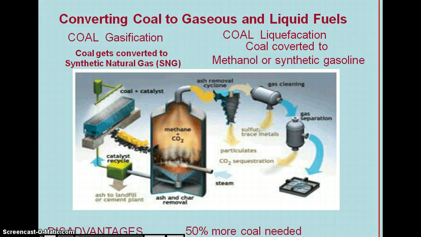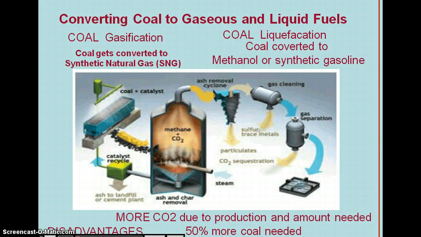The disadvantages are you need more coal to get the end product. So you're using more initially. Obviously with technology, that's something they're going to work on because this process is fairly new. So eventually that disadvantage will go away. Another disadvantage is it increases the levels of CO2. Why? Because in order to make the alternative form of coal, you're using energy, so CO2 emissions are part of the production. And the net energy yield is fairly low.